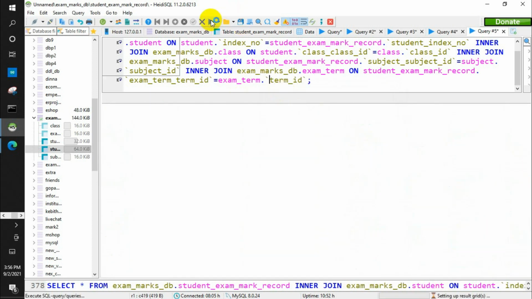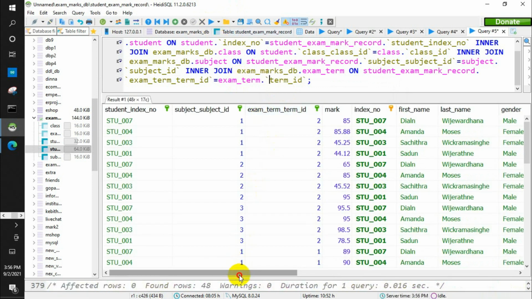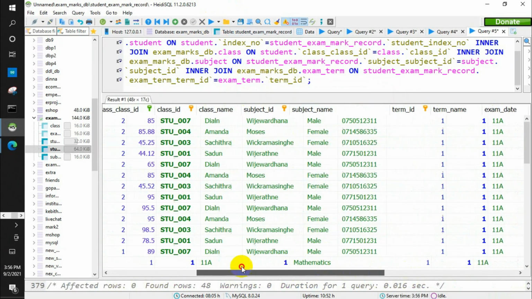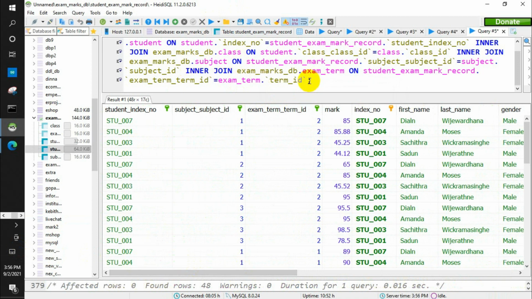Okay. Now once I run this query, I have the exam table connected to this as well.